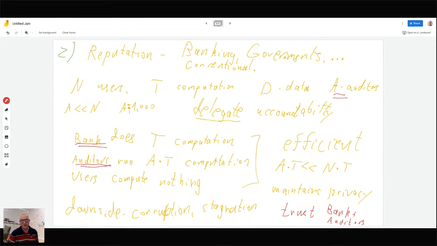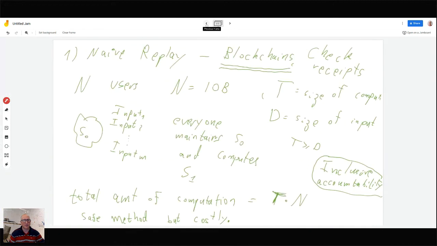By the way, it's very interesting to think about this criticism of a lot of the standard economists, as phrased by the venerable Paul Krugman, right? Says Paul Krugman, why are you taking a technology that human beings have taken millennia to perfect, which is reputation-based, and now you're essentially, with blockchains, taking a step back and going to this naive replay that is vastly less efficient? What value? You're taking a system and making it far less efficient. What is it that you're gaining by this? And that's a very good question that I encourage you to think about.